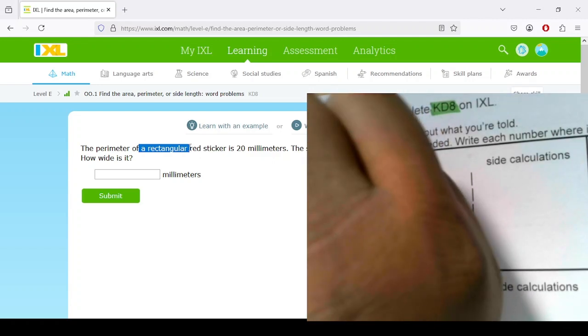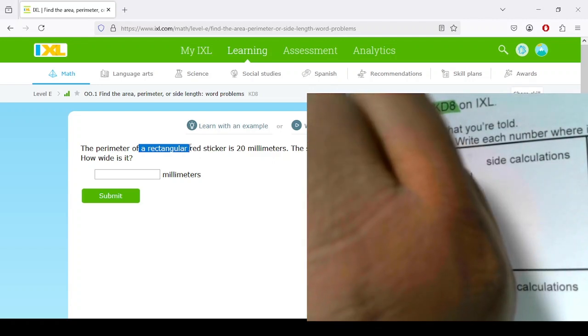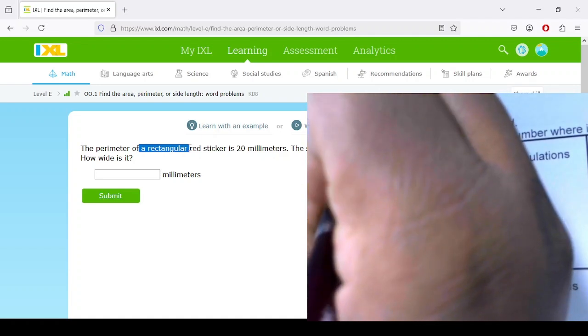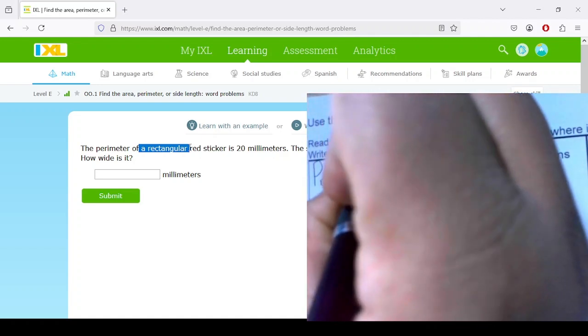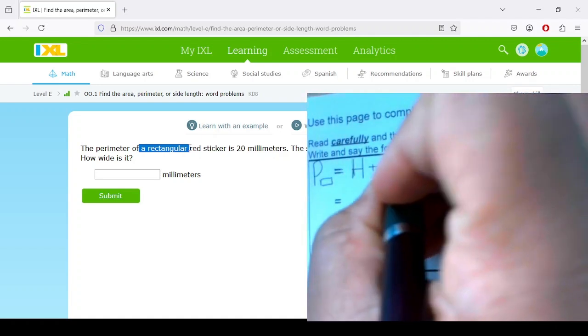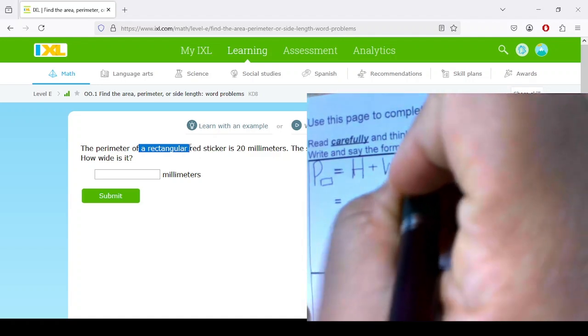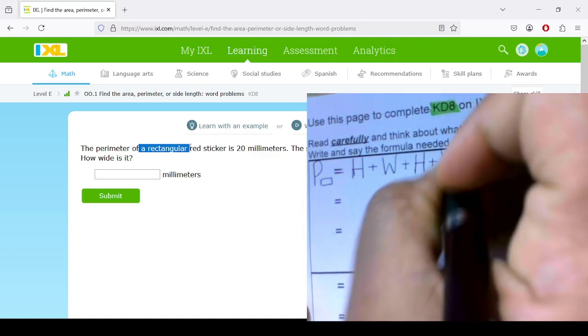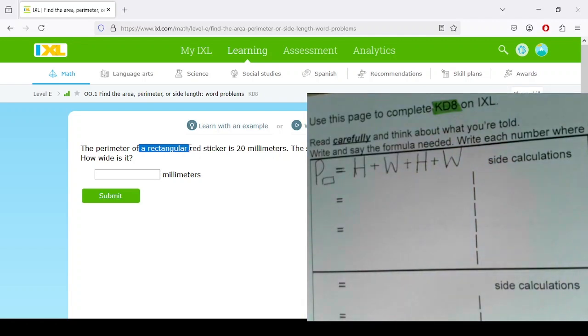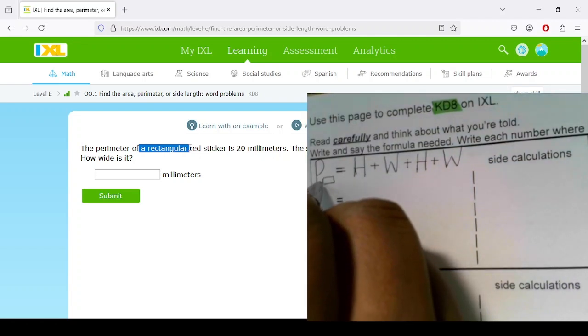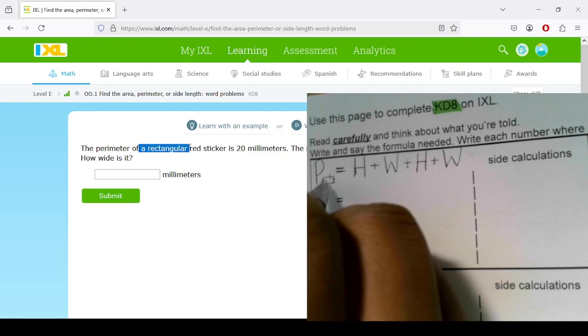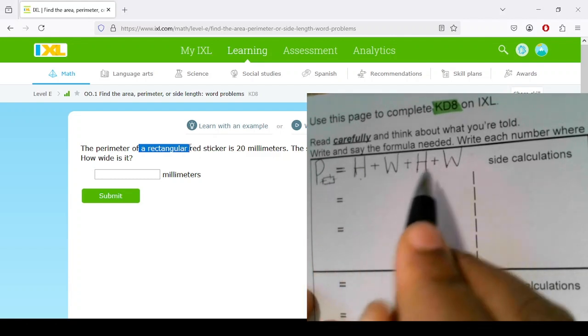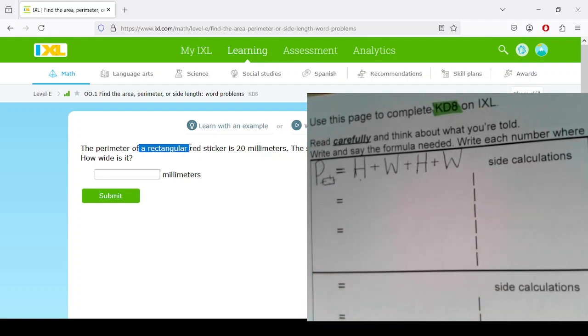The perimeter of a rectangle is calculated by adding up the height and width of every side. And so a rectangle has 4 sides. The height and the width, the height and the width. Make sure that you wrote it correctly. And I'm going to plug in each number where it goes. Well, let's see. The perimeter